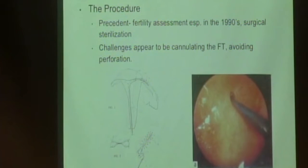So looking at the cost, need, and the utilization, this is the thing that got me into this group here, which has really been helpful. Going into the fallopian tubes, there is a precedent for that. It's been used for fertility assessment, especially in the 1990s. There are surgical sterilization procedures, not just the coils that are put in, but radiofrequency ablation and other things like that that have been done. So the challenge, from talking to people who have done that procedure,